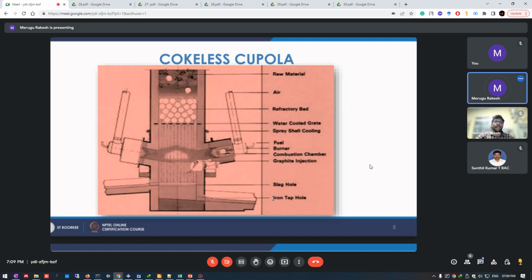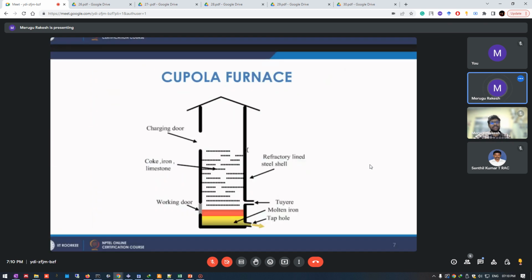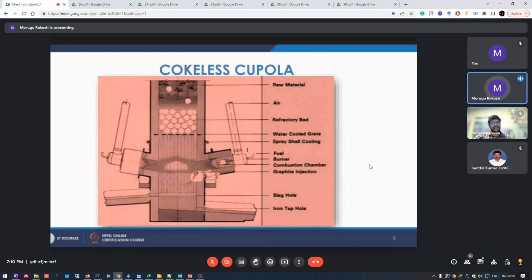Tap hole. So what is the need for moving from this cupola furnace to the cokeless cupola is that